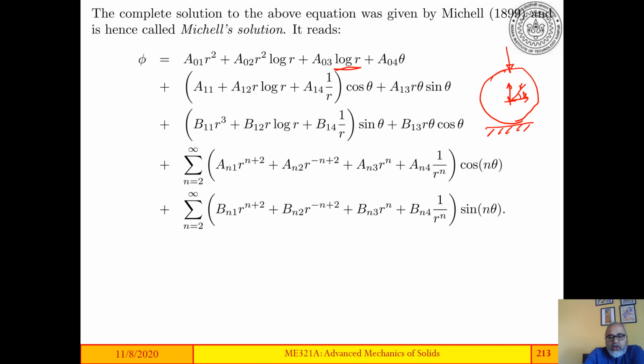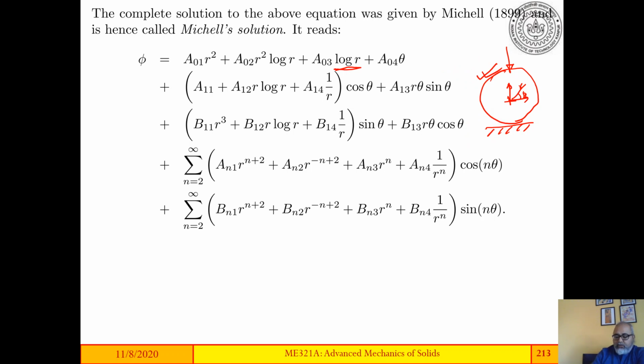You should not so much be worried about phi, but from phi we are going to get the sigmas, and then some of these terms will lead to log R kind of terms in the stresses, and those terms will go to infinity as R tends to 0, and those terms which give stresses that go to infinity as R goes to 0 have to be weeded out